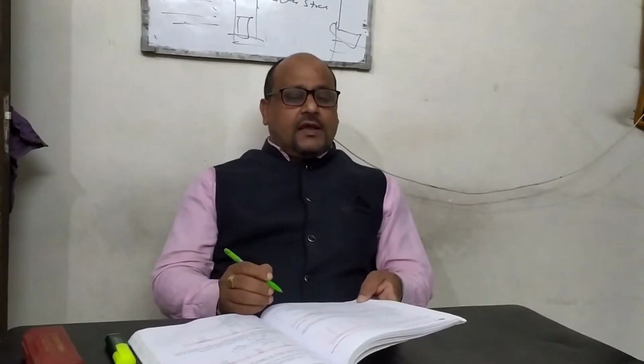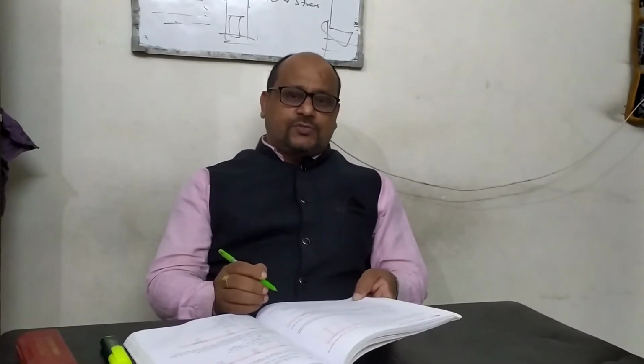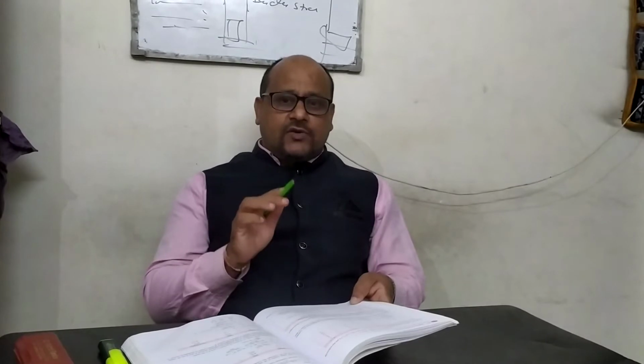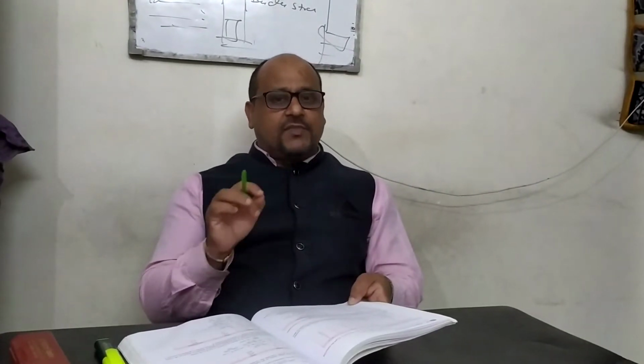Dear students, in the previous video we discussed combined mean, and there were two questions of combined mean. Combined mean of two items, x bar 1 2, equals n1 x1 bar plus n2 x2 bar upon n1 plus n2. And for three, x bar 1 2 3 equals n1 x1 bar plus n2 x2 bar plus n3 x3 bar upon n1 plus n2 plus n3. And we have discussed the simple questions and missing questions of combined mean.